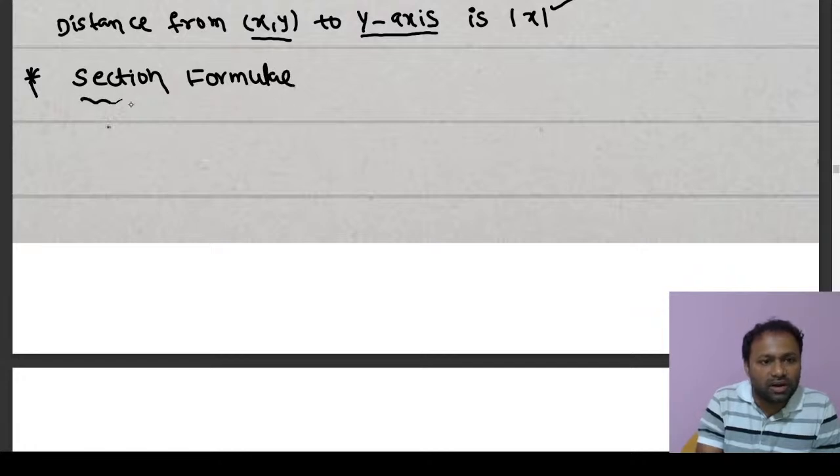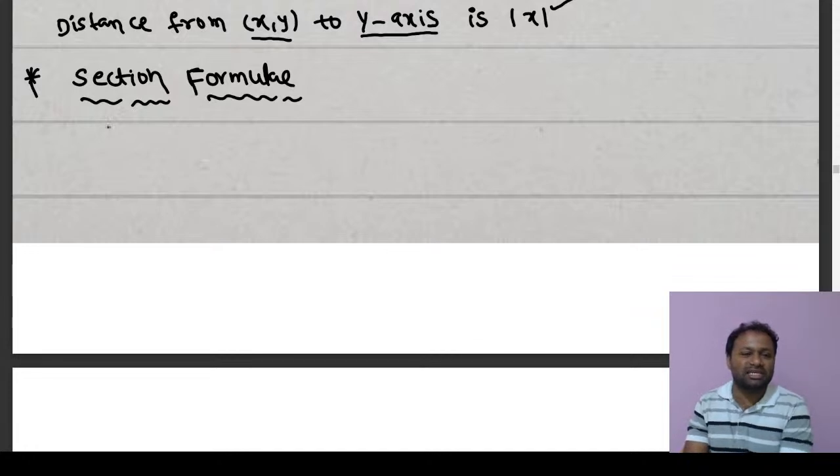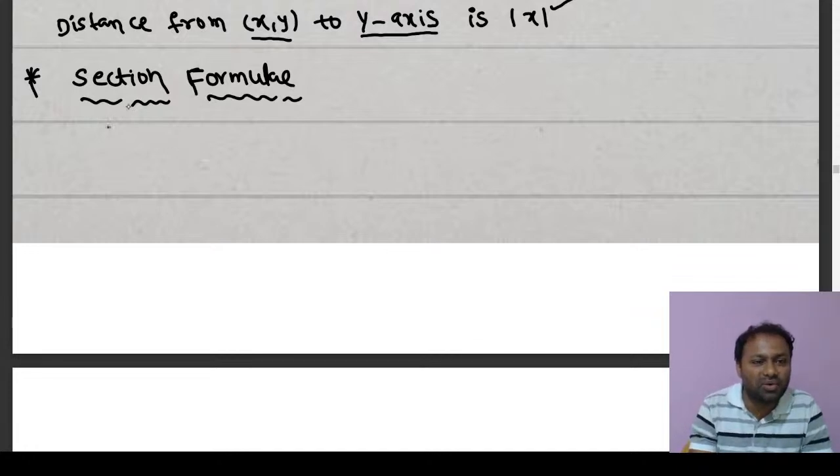What is the section formula? Section is nothing but dividing. Dividing is called sectioning. So now I'm going to say one condition. For example,